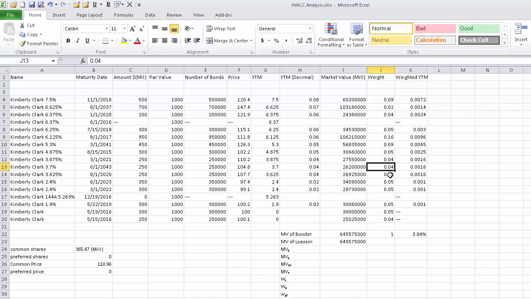Okay, now here's what you sent me, but what I've noticed is some of these values look like they've been input instead of calculated. So let me go over this. I'm assuming you've entered Kimberly Clark's debt information in here, and you've entered the market values. Okay, now if all this information is entered and you've entered the market values,